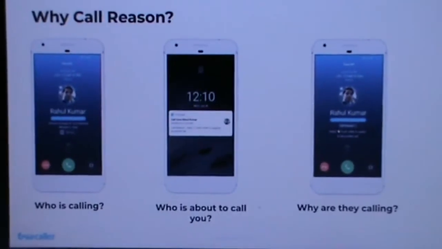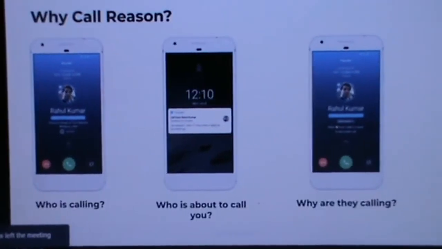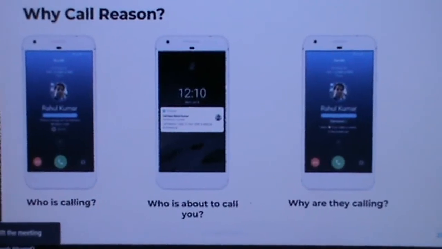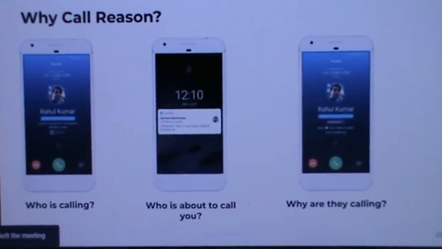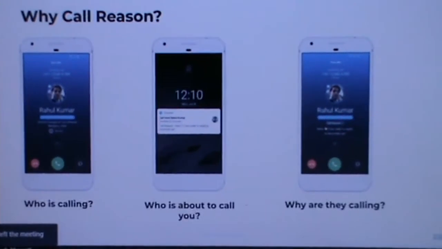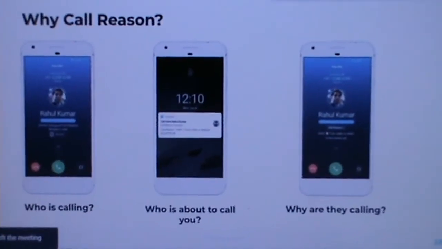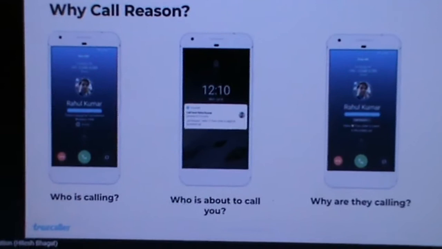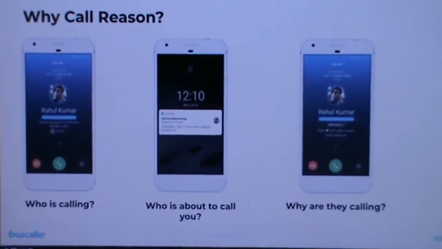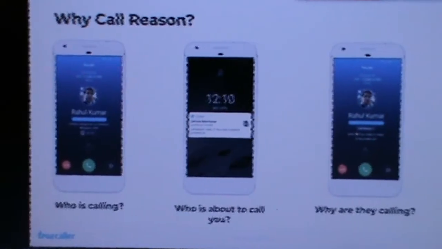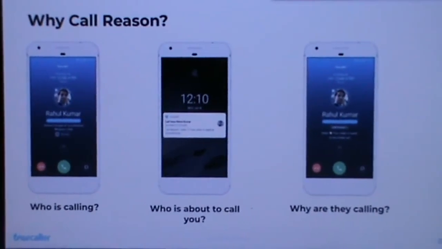So we should know why call reason, because apart from user demand, obviously there has to be a reason for this. Call reason is a part of the caller ID family. Truecaller, which is another synonym of caller ID, tells who is calling. Recently we have introduced full screen caller ID, and we also have our pop-up caller ID as our pioneer product. It tells who is calling, and we help the community by letting them know who is calling. We also help them by saving their time from a fraud or spam call.